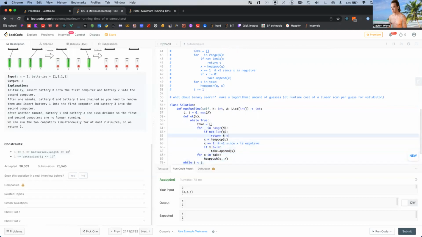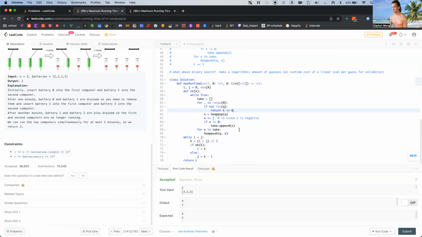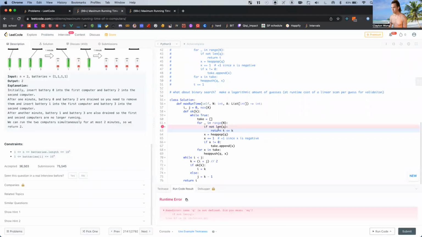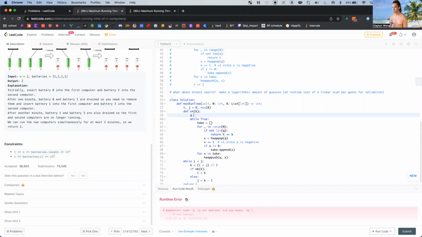Return t is less than or equal to our threshold k. Okay, let's see what happens. Oh, q is not defined. q is negative x for x in A, and it needs to be heapified.